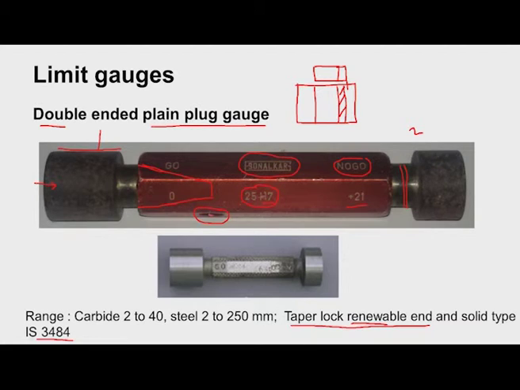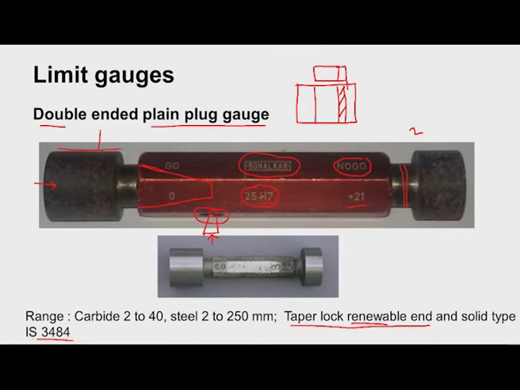So what we have to do is take a drift or a tapered part and push it into the hole, and in that case this gauge will come out. Then we can insert a rod to remove this no-go end, and new ends can be mounted on this handle. That means the handle can be reused.